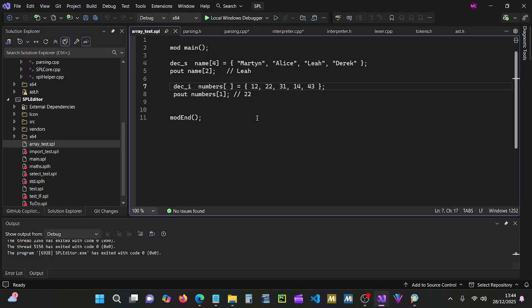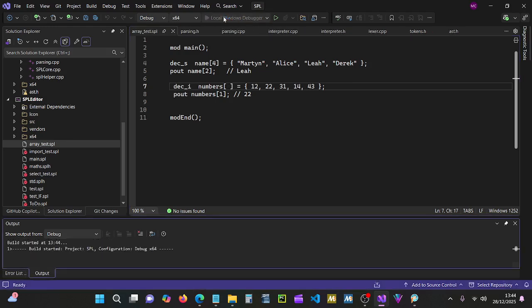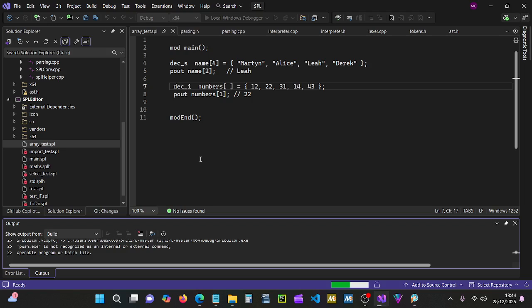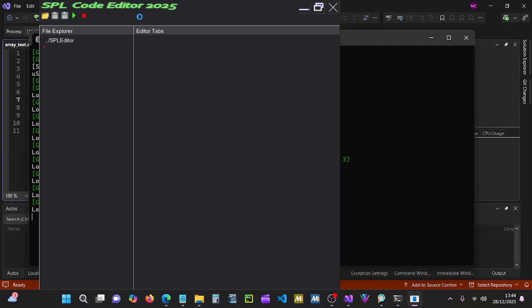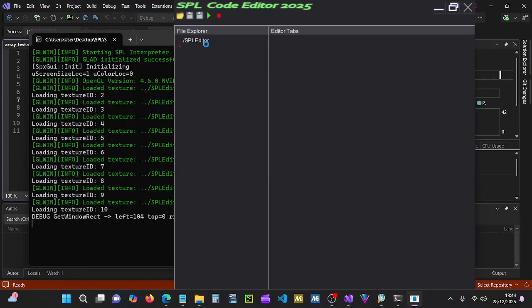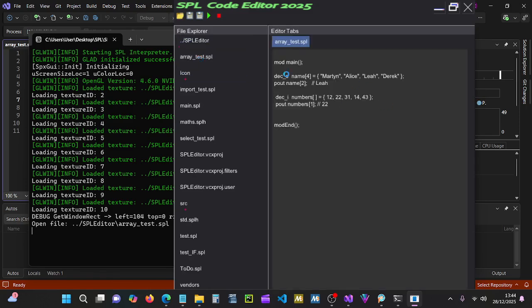Anyhow, enough waffling about the technical stuff, which I'm never very good at. Let's have a look at what we can do. Let's run this little thing and we can just see that it works, and then we'll run through the code we had to add, which was a lot. We've had to do quite a bit to get this to actually do something. So we can open our array test, which is the bit that's just been on screen. No changes there. Click the green button and we should get